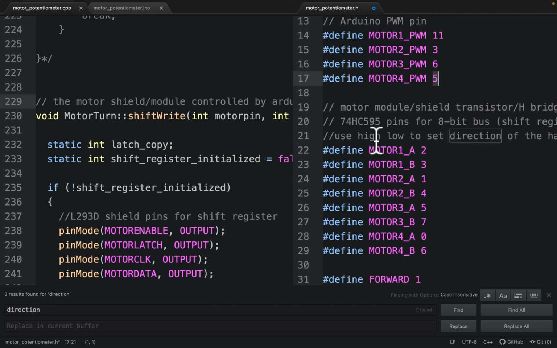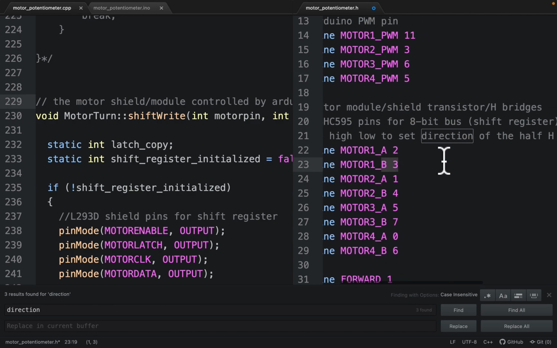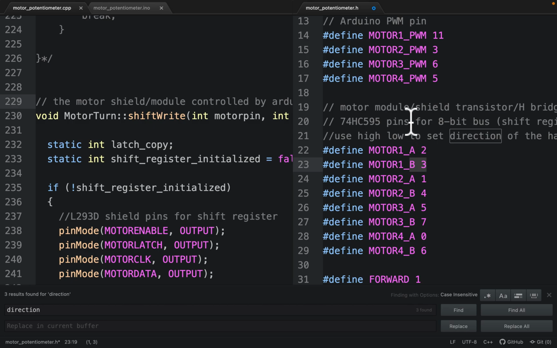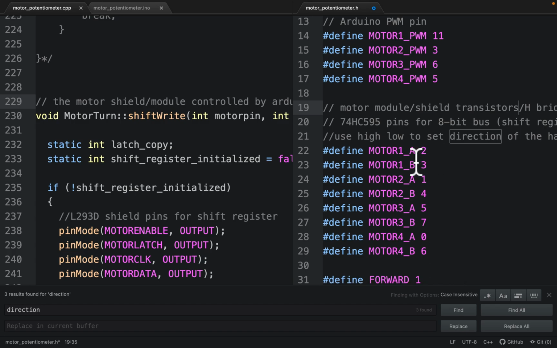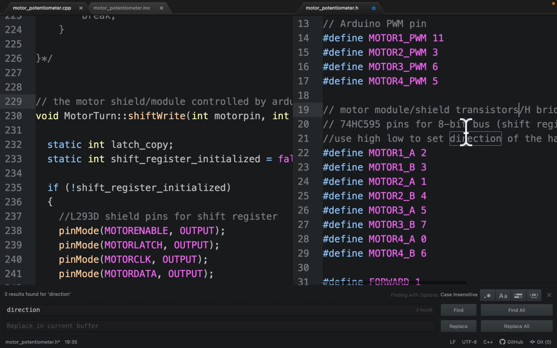And for each motor, we're going to have a pin. It depends on the module that you bought, but usually they use either transistors or H bridges to drive the motor, so for example, this one is a shift register